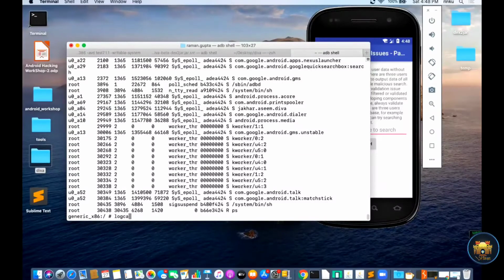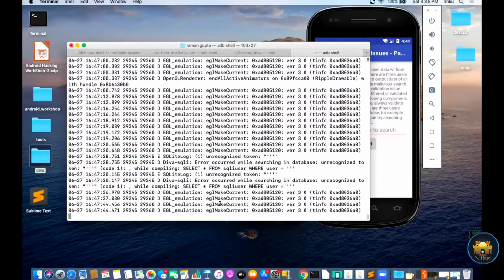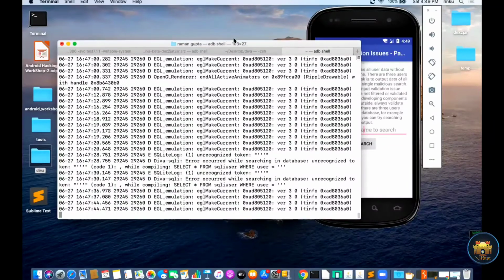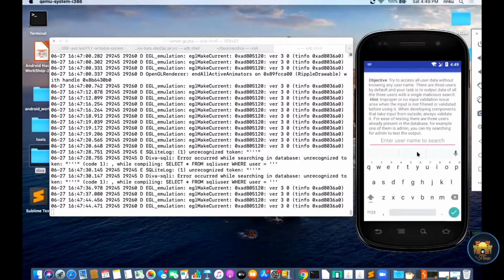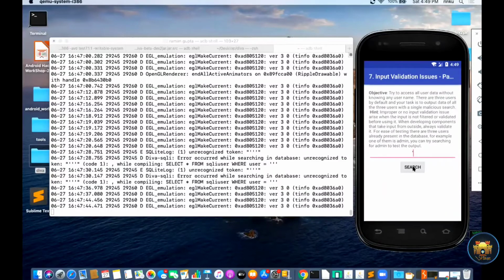So start logcat with a star. Here I want to capture all the logs, info log, debug log, error log, every type of log I want to access. So I put a star here, and then grep for my process only. Now I am able to capture the log of my application only.